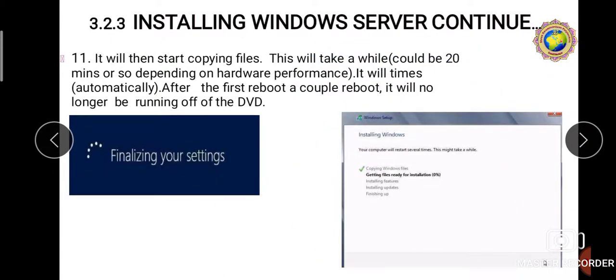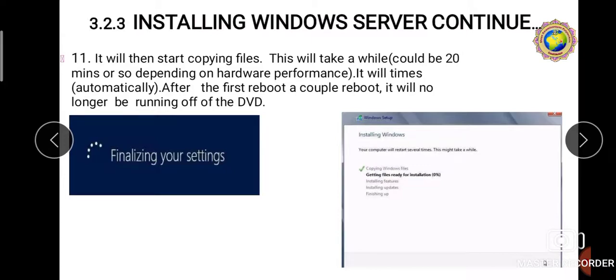The next step is it will then start copying files. This will take a while, could be 20 minutes or so depending on hardware performance. It will restart automatically after the first reboot, and after a couple of reboots it will no longer be running off of the DVD. Whenever the files are copying and loading, this will take time, either 20 minutes or otherwise, depending on our hardware performance.